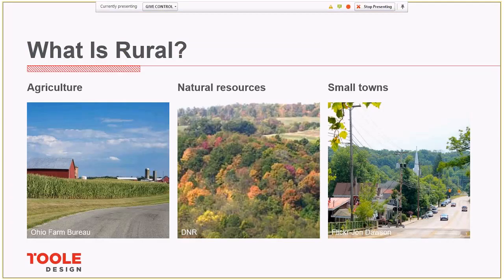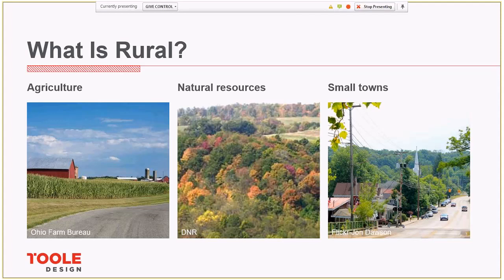All right, so what is rural? From a land use and development perspective, rural America includes towns and small cities, as well as working lands, farms, prairies, forests, and rangelands. Historically, rural land has been primarily used for the production and extraction of resources. But as you can see on the images on this slide, not all rural areas look or feel the same.